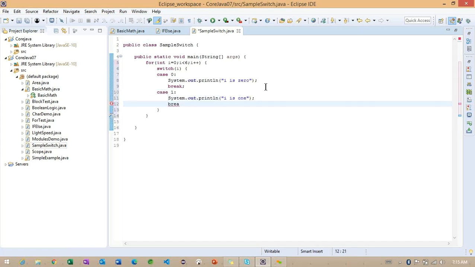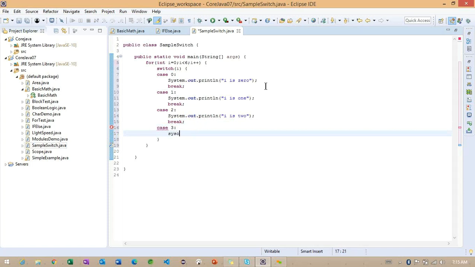Break. So I will explain why I'm making this particular break here. So first focus on this particular example, case 2. So exactly it is the alternative to the if else statements here. And i is 2. Break.